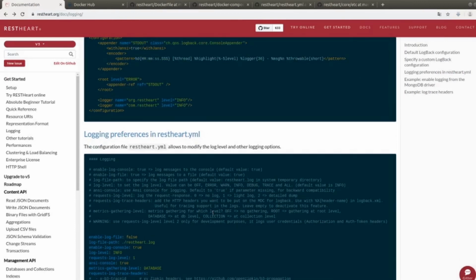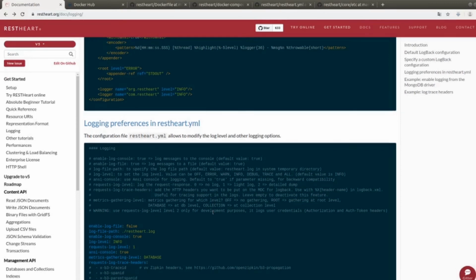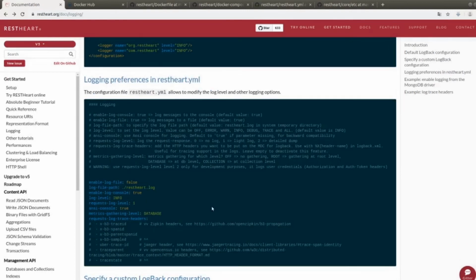What is interesting for us is the part related to the configuration inside restart.yaml. What is it that we have to set up for the log to work correctly? Here we can see which are the available properties. We have the Enable Log Console property set on True, which makes sure that we can see the different log messages scroll inside the console. Obviously, this mode does not allow us to track everything that is happening because the logs do not have any persistence. Therefore, it is more convenient to have a saving of the logs directly on a file, so that this data will be still available for future analysis.